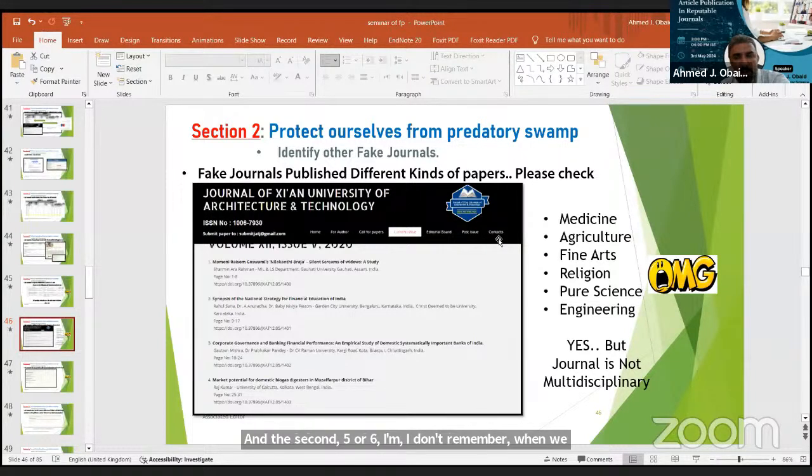The sixth rule is to monitor the papers already published in the journal. For this journal, I have selected a screenshot, and we can notice that 5 or 4 papers are already there from different subjects. One is religion, one is humanities, one is medical, and one is business administration. All these subjects are not covered by the journal, because it's architecture and technology. It doesn't cover medicine or anything else, and maybe you will find some other topics there. Also, you will find a lot of papers published in a single issue. Why? Because of non-reviewed